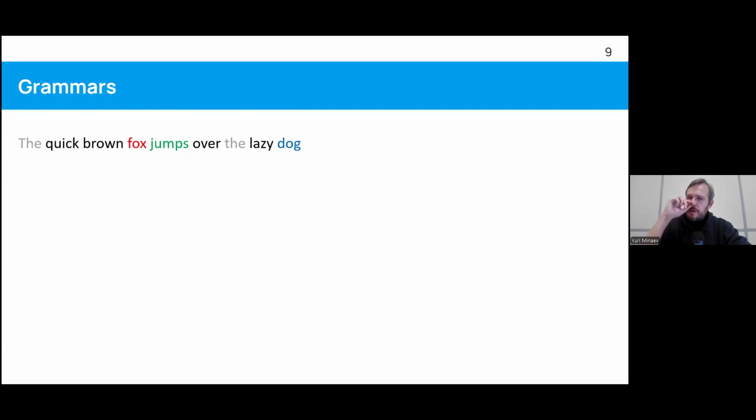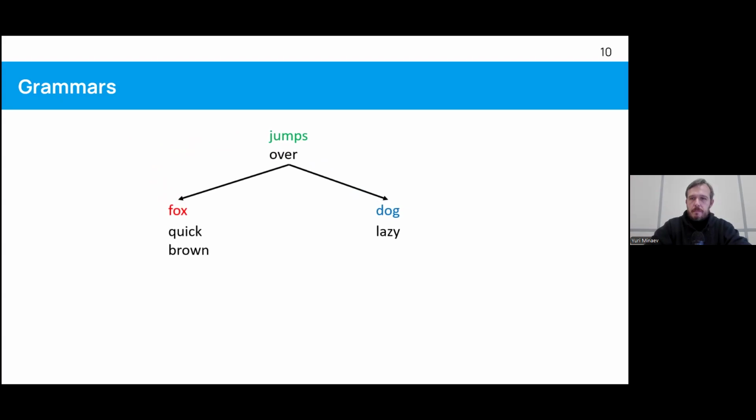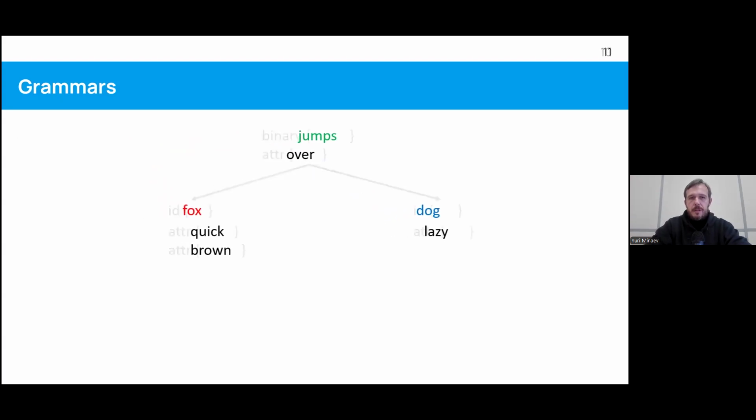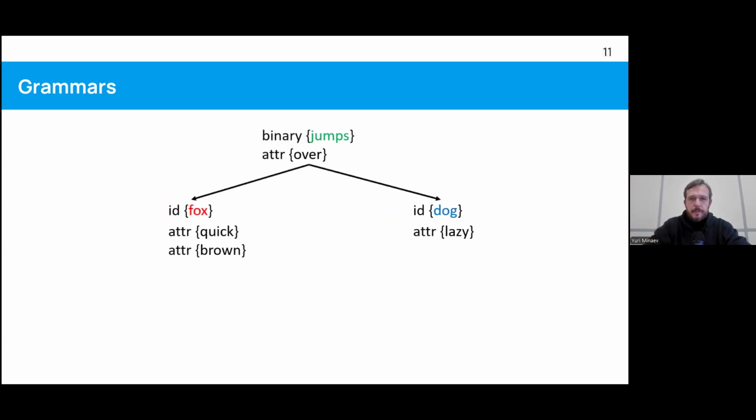They do not interest us here, but if we look at this sentence from the point of view of how a compiler would deal with it, we would get something like that. So it looks like a binary expression, really. The verb is like an operator, and subject and object, the one who acts and the one who is being acted upon, are like operands of that operation.